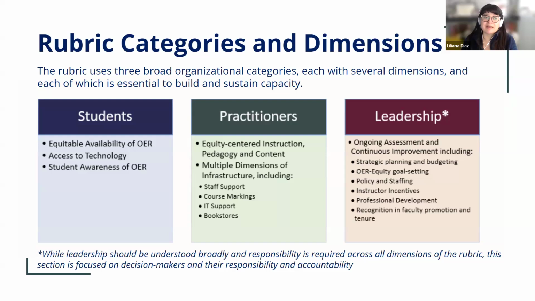For them, it's definitely going to be ongoing assessment and continuous improvement, to really understand: are there professional development opportunities for faculty and staff? Are there policies? Is there capacity in the form of staffing? Are there instructor incentives for them to do this work? We understand that recognition, not just faculty promotion and tenure, but also being able to do a course buyout or a mini grant, can support this work. Are open education initiatives on the campus tied to larger system goals and priorities in the strategic plan or in the budgeting process? So this blueprint really helps you identify where open education can and does engage with other